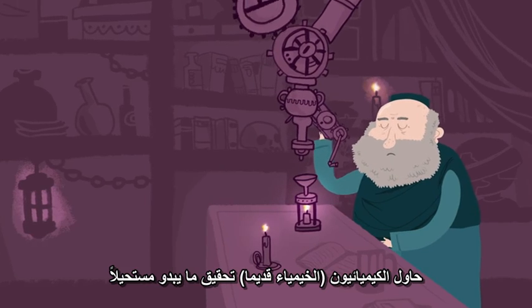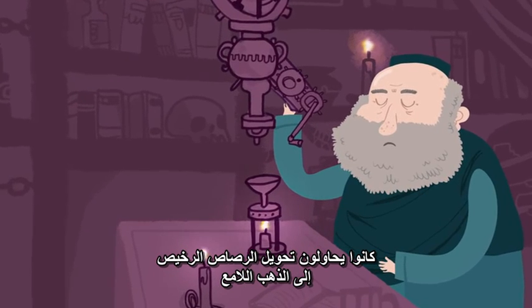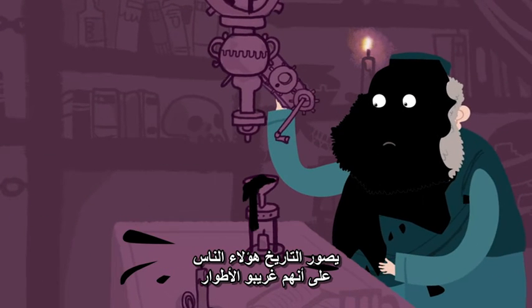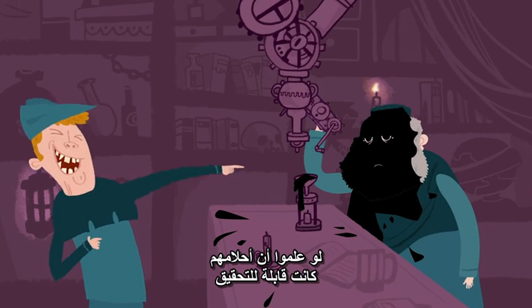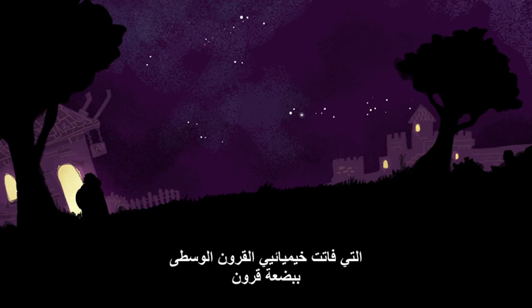Times, alchemists tried to achieve the seemingly impossible. They wanted to transform lowly lead into gleaming gold. History portrays these people as aged eccentrics, but if only they'd known that their dreams were actually achievable. Indeed, today we can manufacture gold on Earth, thanks to modern inventions that those medieval alchemists missed by a few